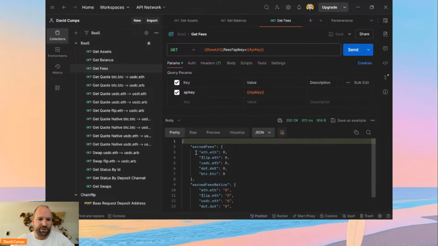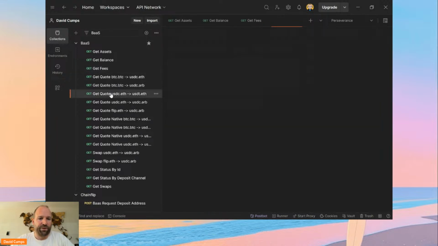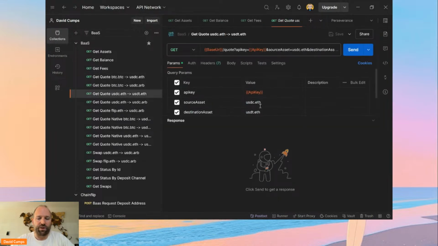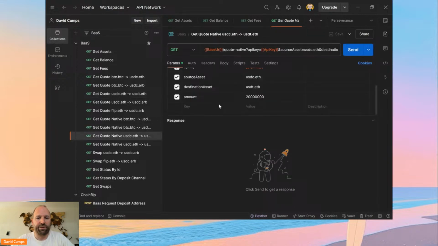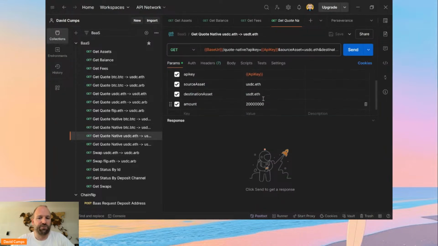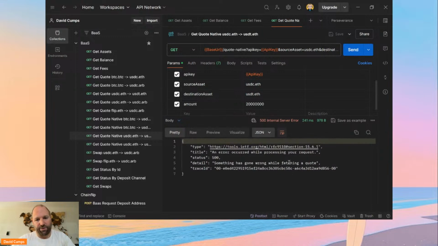The most important endpoints are quoting and swapping. So for example, you can say, give me a quote for swapping 20 USDC to USDT by using the quote endpoint, defining the source asset, the destination asset, and the amount. We have the quote endpoints as well in the short form or in the native unit. So in this case, it's also 20 USDC. And when you,